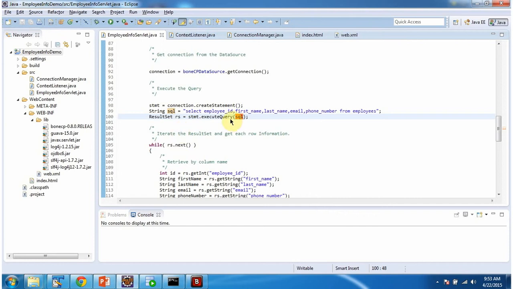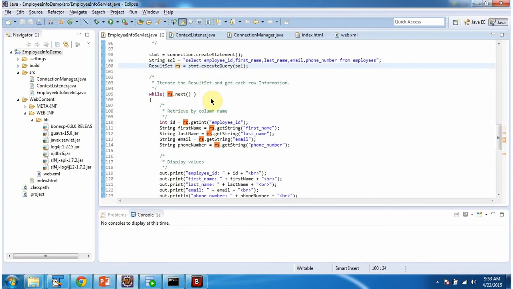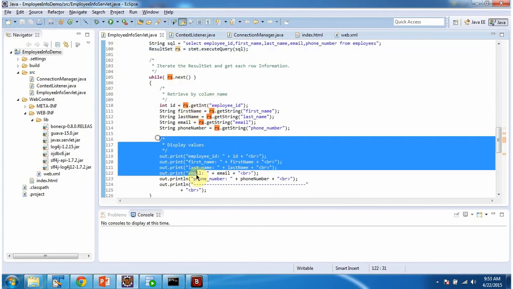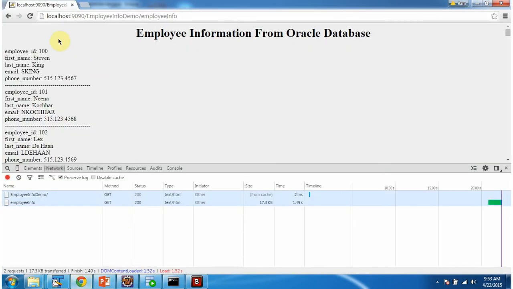And this executeQuery method will return a result set. And once we get the result set object, we are iterating the result set and getting each row and displaying the output. And here you can see the employee information which we got from the Oracle database.